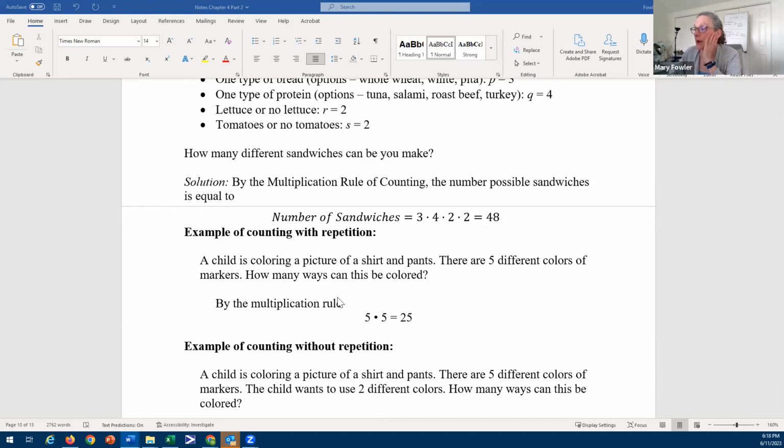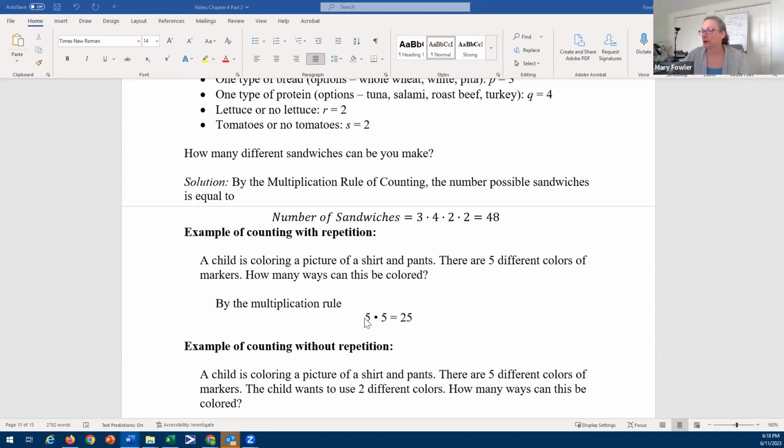So there are, by the multiplication rule, 5 times 5 or 25 ways that the child can color the shirt and the pants. And what I've done here is I've allowed whatever color, so there were 5 colors for the first choice, and 5 colors for the second choice. So I haven't limited what the child can do with the second choice given the first choice. In other words, I'm allowing the child to choose the same color for shirt and pants,